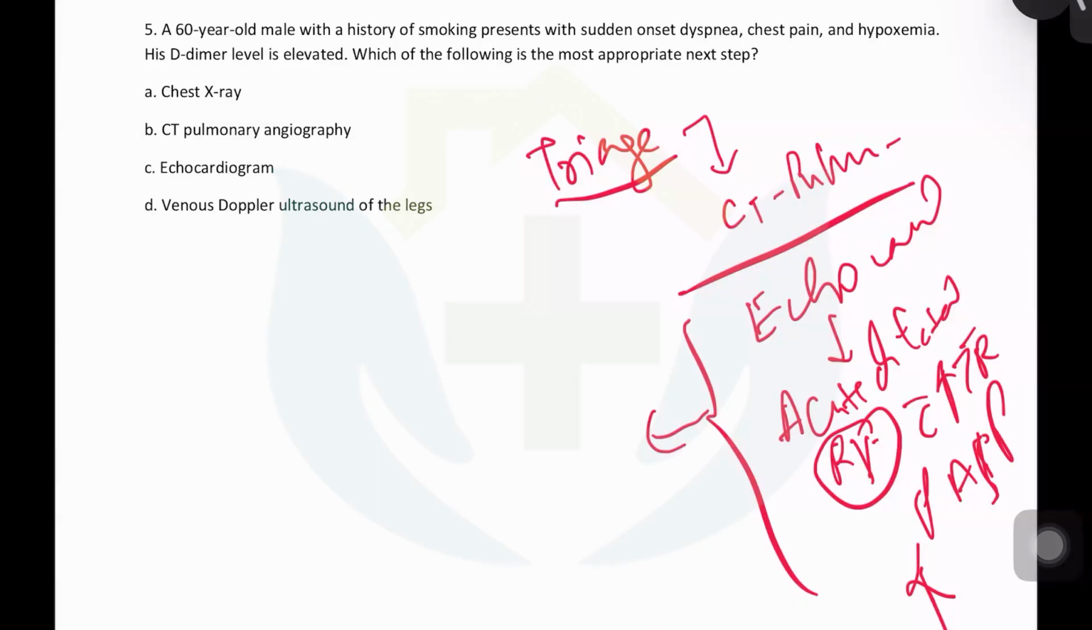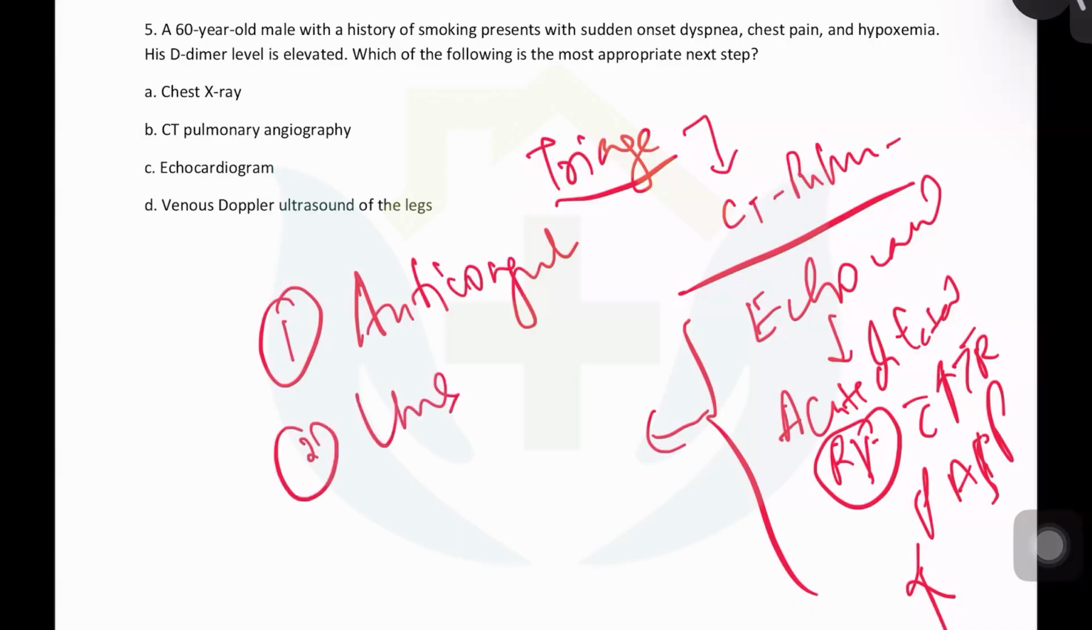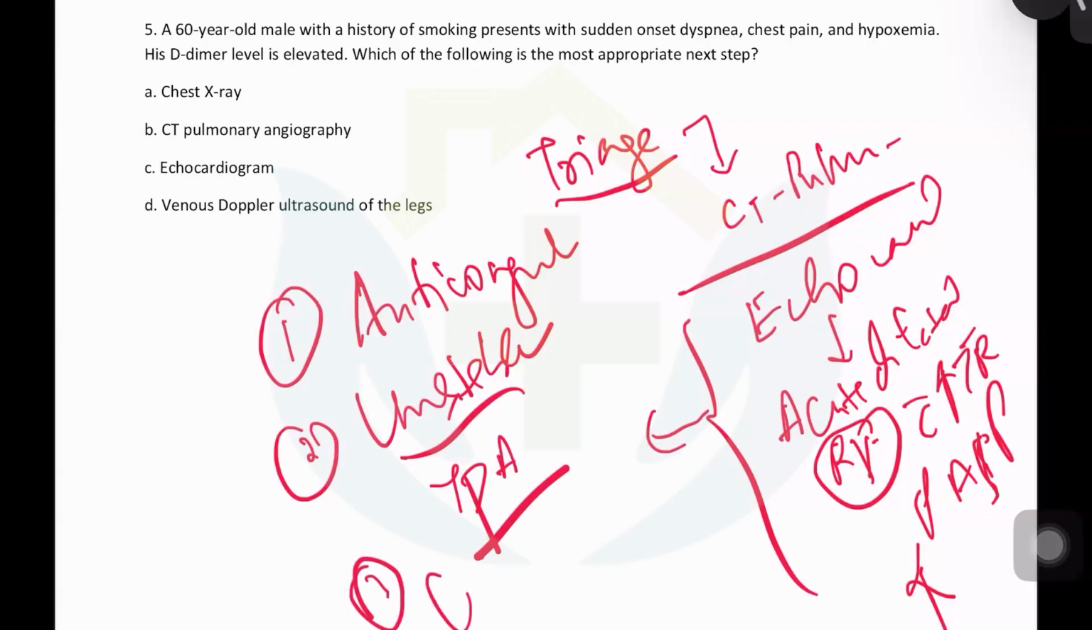If this patient turns out to have pulmonary embolism with CT pulmonary angiography, if the patient is stable, then you need to start anticoagulants to the patient. But if the patient is unstable, TPA, then you need to give. And if the patient has had a cardiac arrest, then CPR, of course CPR plus